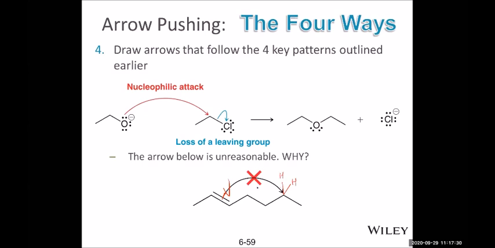After joining in the lone pair, this carbon now has 10 valence electrons. It violates the octet rule, so that's why it's not allowed. This is possible only if some leaving group breaks the bond and takes the electrons away. Then that can happen, but it has to be a good leaving group.